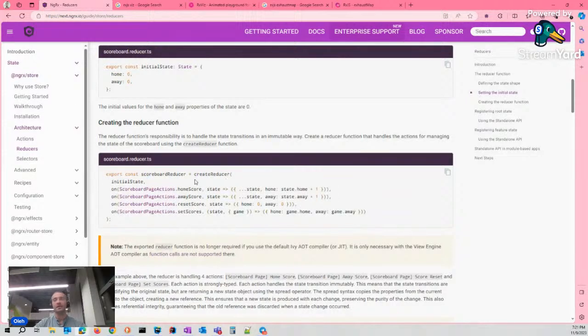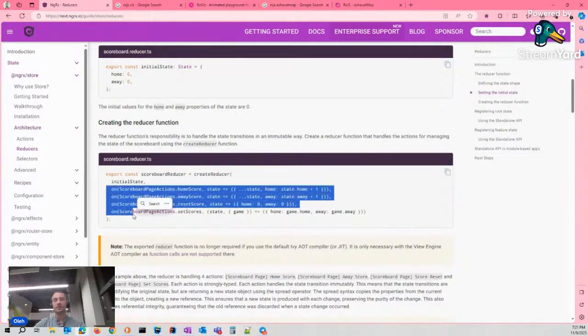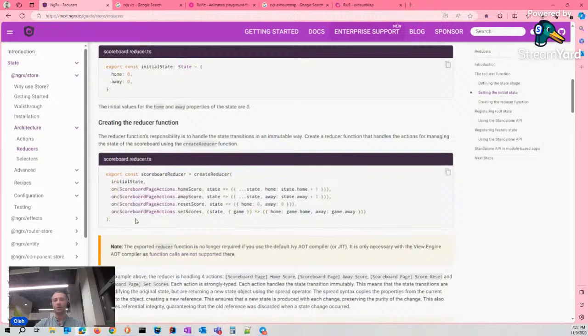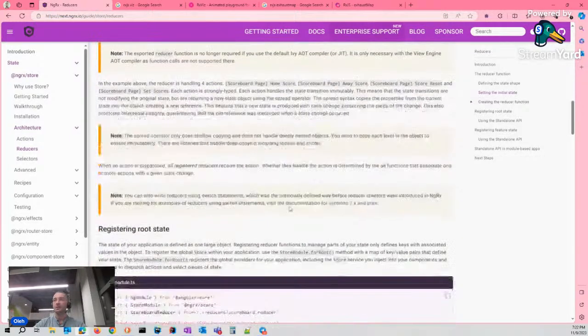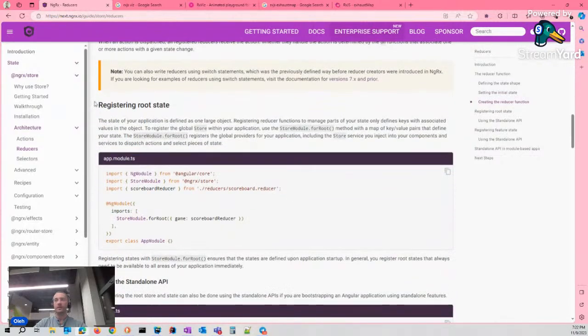Reducer is a list of functions that will handle our actions, all of the actions that we dispatch into this store system, and modify our state in any way. And we have to register the root state, our first part of the store.